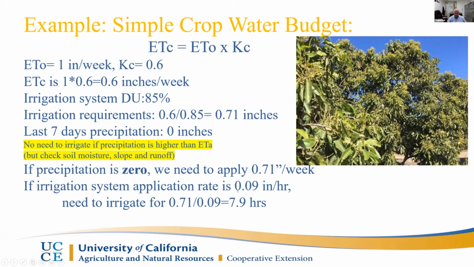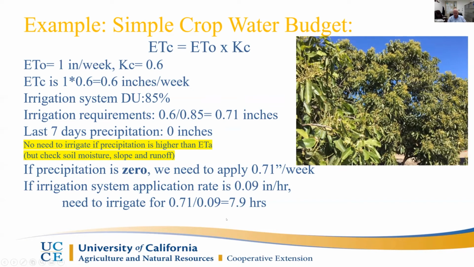My application rate would come from the irrigation system design, but better to come from the distribution uniformity evaluation, where they will tell me what the application rate is. So in this case, it's very close to 1/10 of an inch per hour. I take the total